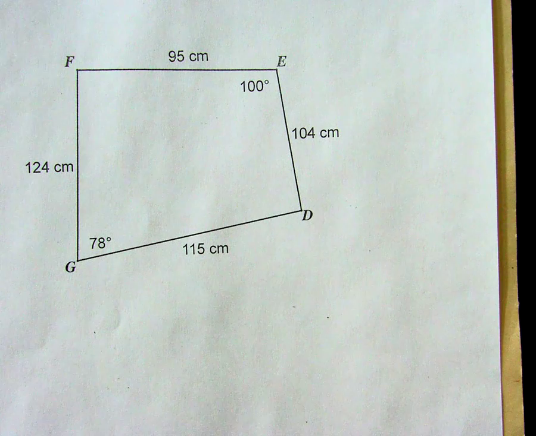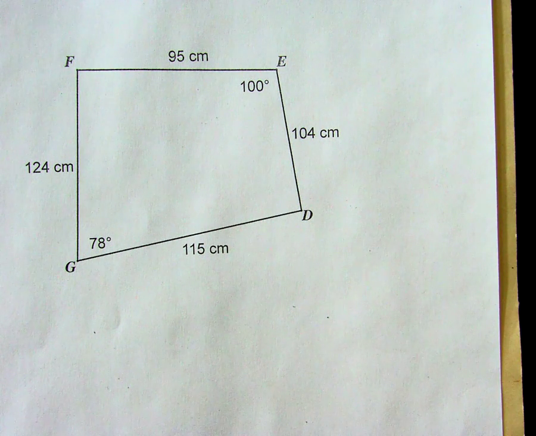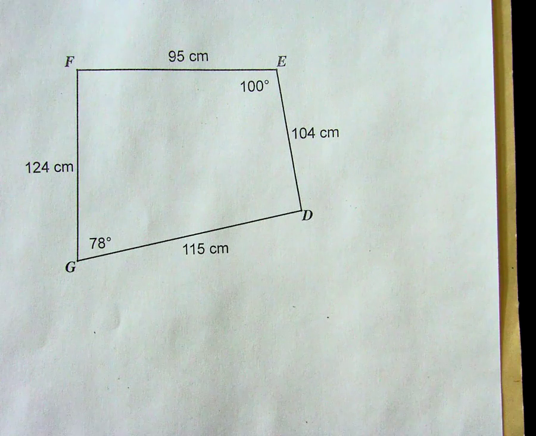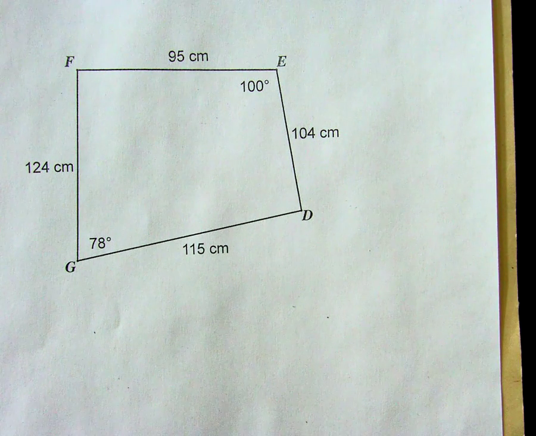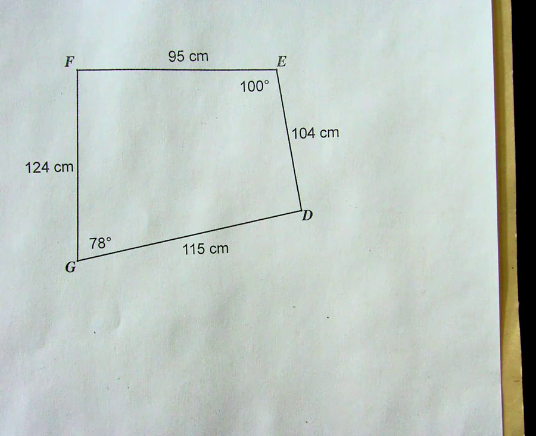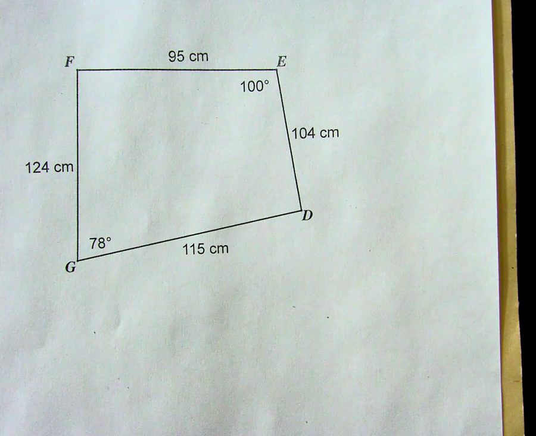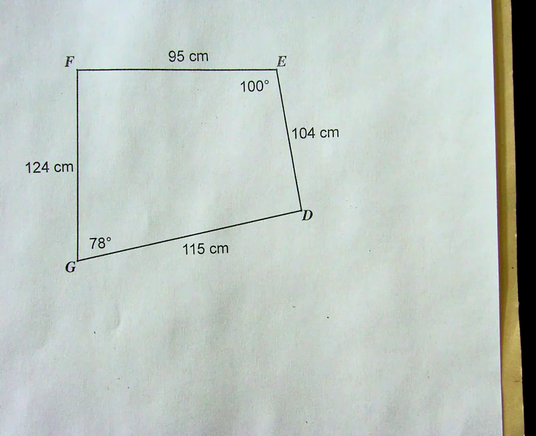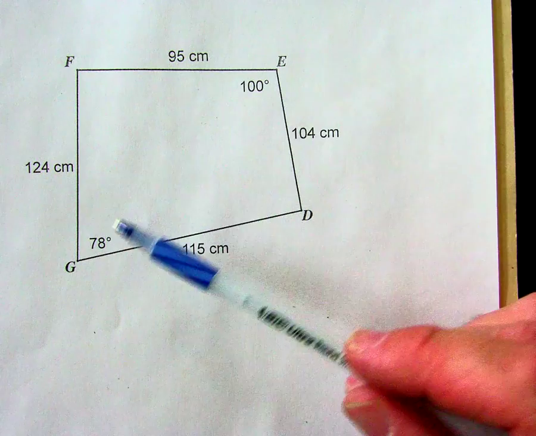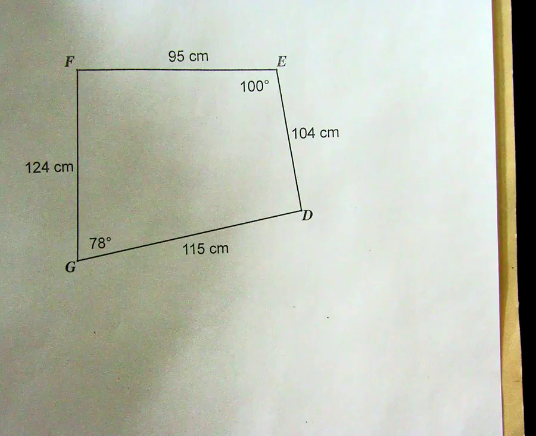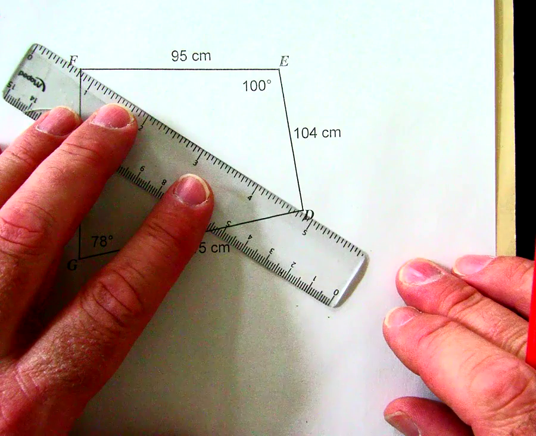I don't have a triangle. This is a quadrilateral. Well, maybe I could still use that formula if I were to divide this quadrilateral into a pair of triangles. Now, I'd want to be a little bit strategic about where I put my division, but because I know the measures of these two opposite angles, I think I'm going to put in the diagonal from D to F